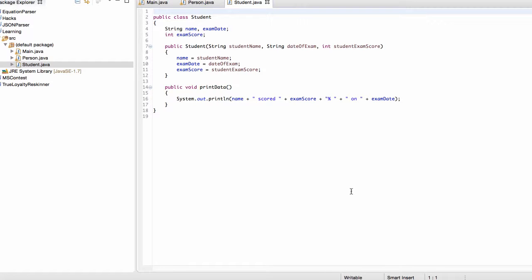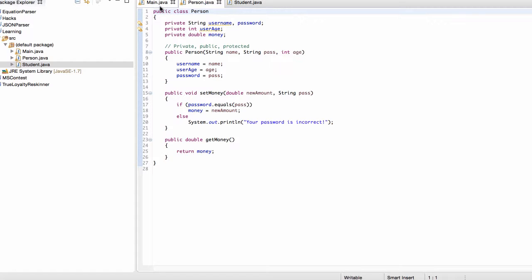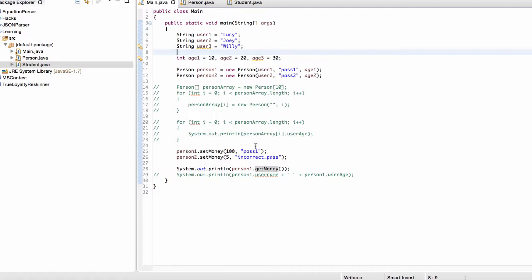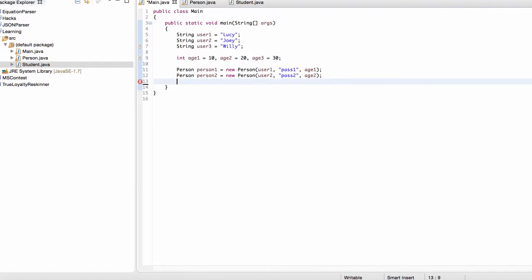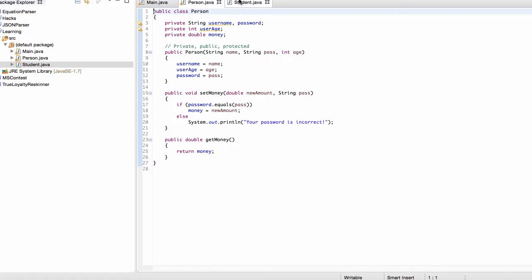Hey everyone, welcome back. In this lecture, we're going to be going over subclassing. So let's look at our person and student example right here. Let me just get rid of all of this. The way we have things set up, we have this class called person, and then we also have this